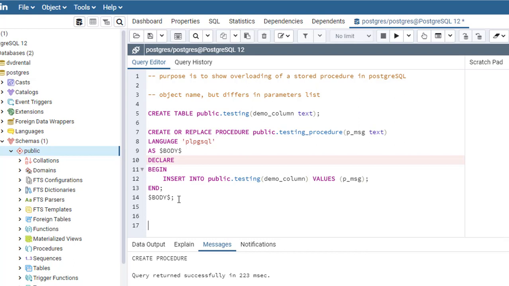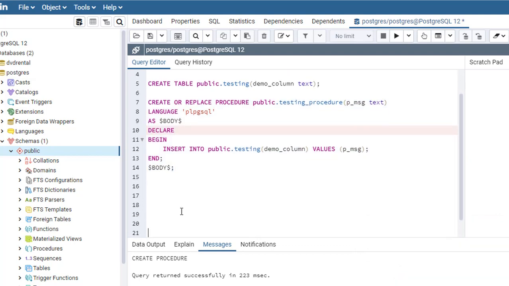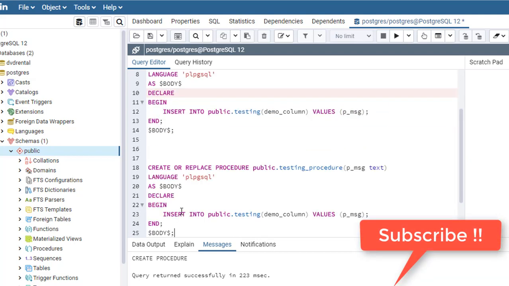Now I'll again create a procedure under the name testing_procedure, but I will take a different parameter list. I just copied that one and I'm pasting it.